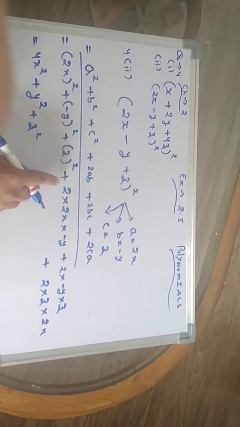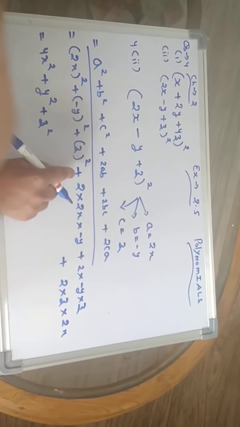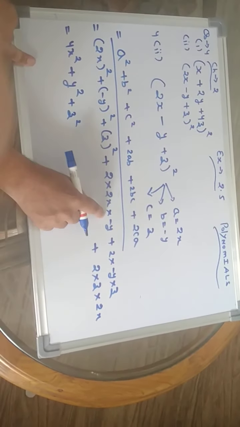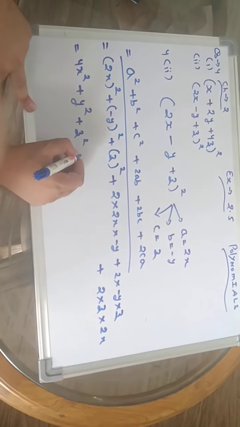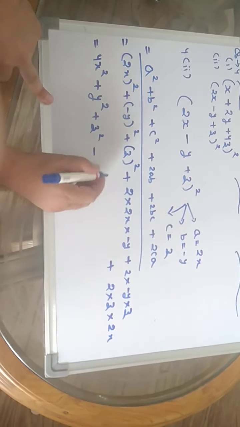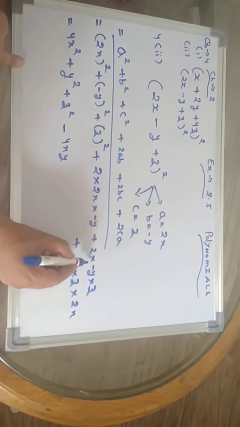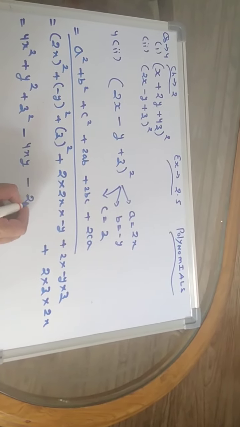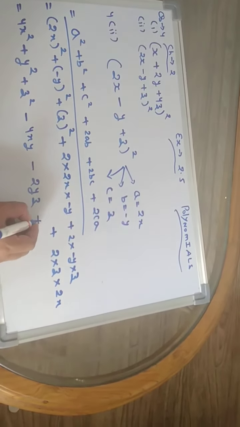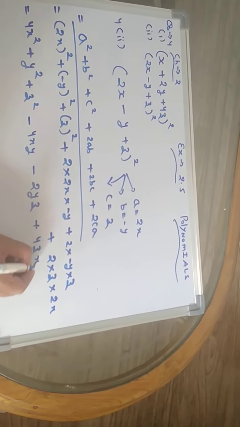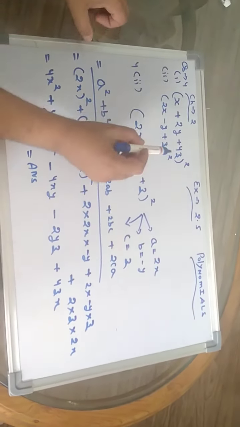Now you have to check, this is positive, this is negative, and I already told you that when you multiply plus and minus, the resultant answer is negative. So it becomes 2 twos are 4, minus 4xy, and again negative positive is negative. The answer is minus 2yz, and again 2 twos are 4, positive is positive, 4zx.